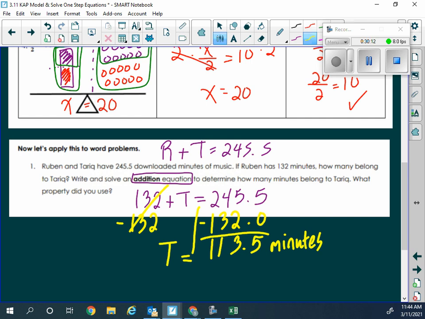Okay, so earlier in the day, someone asked the question, well, couldn't we just have subtracted in the beginning, since you knew it was subtraction? No, because it specified that it wanted that addition equation, you would have only gotten half credit, okay? If this had just been asking the question, how many minutes belong to Tarek,